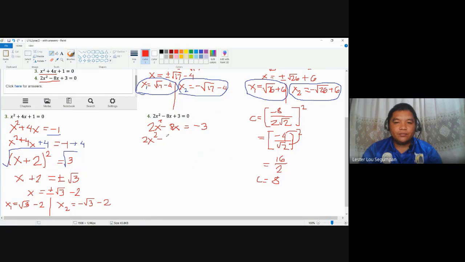2x squared minus 8x plus 8 is equal to negative 3 plus 8. However, for number 4, this is not yet expressed as a perfect square trinomial because